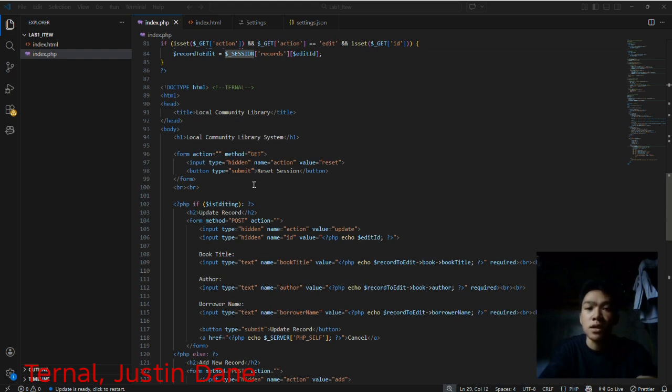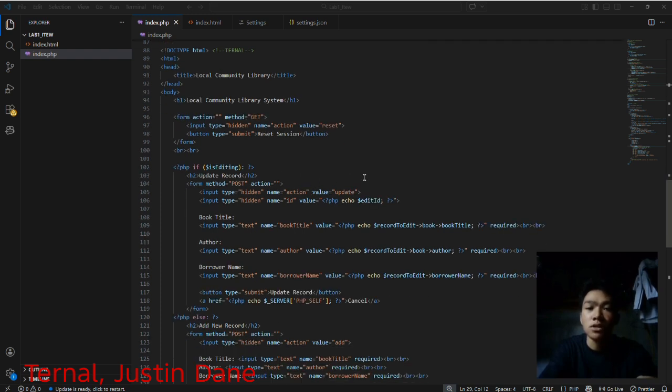The next is the check if editing. So the PHP, the $is_editing. This will check the editing record, and if true, it will show the update form. The update form uses the POST method with action and input.